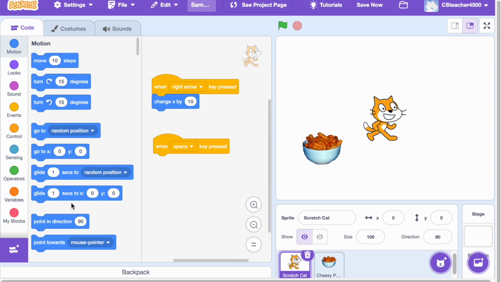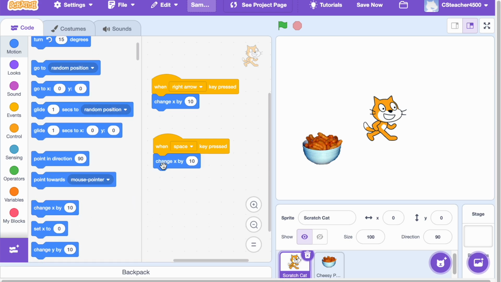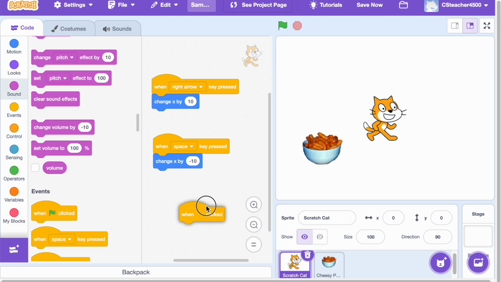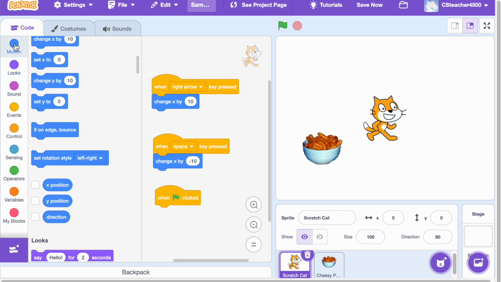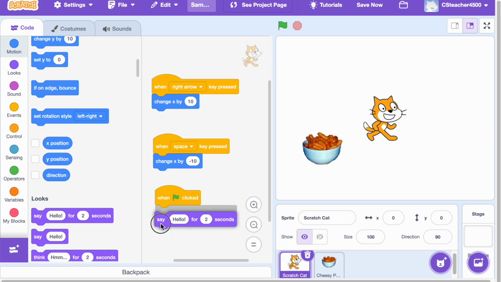In event-driven programming, the flow of the program is determined by external events, such as when a certain key is pressed or when the green flag is pressed. I'm going to create a script now that begins when the green flag is pressed. And then once the green flag is pressed, I would like the cat, since that's the sprite that I'm programming right now, to say hello for 2 seconds